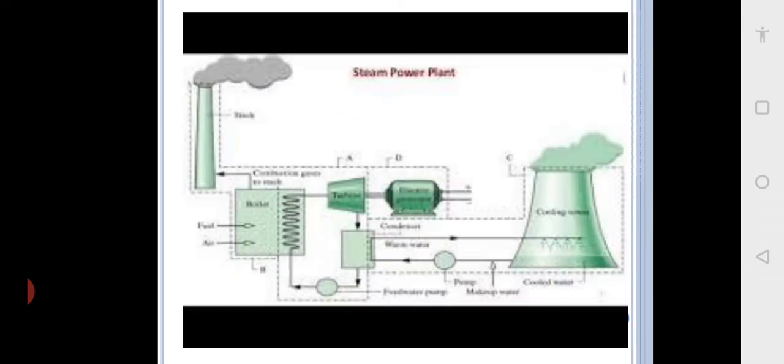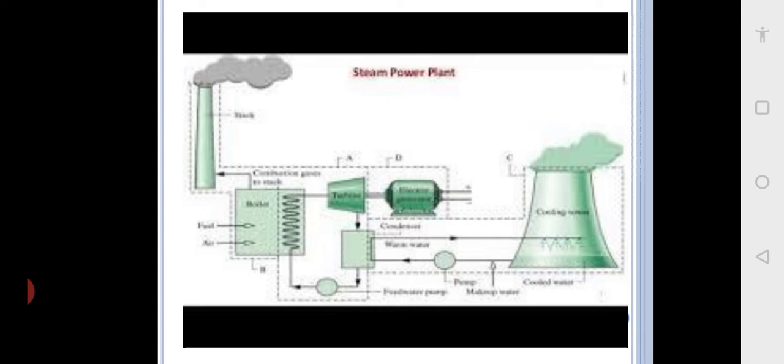So this is a typical steam power plant. I think I'll explain from the extreme left. You have got the stack or chimney where the exhaust is let out. Right next to that you have got a boiler. You can see in the boiler the fuel and air is entering. From bottom the water is entering. In the coil it is heated up, converted to steam, and the steam goes into the turbine, the tapered conical shaped thing. It expands in the turbine. Then the low pressure steam comes to the condenser, the rectangular unit.